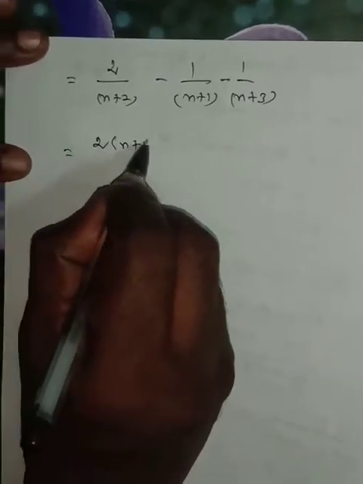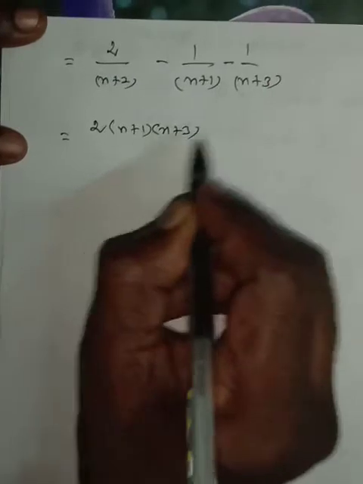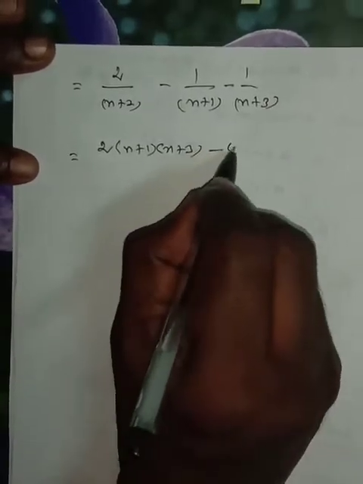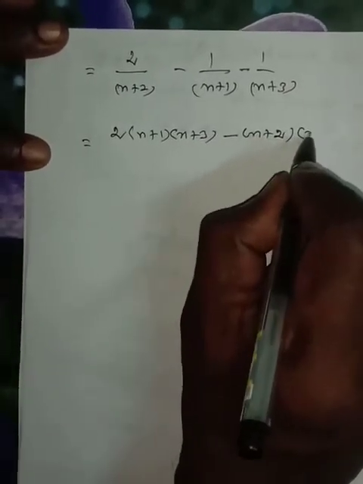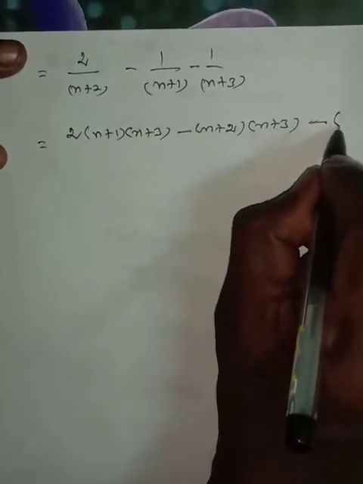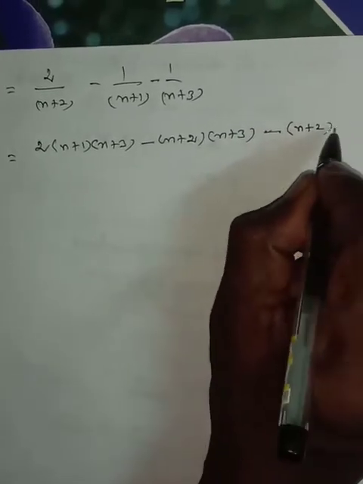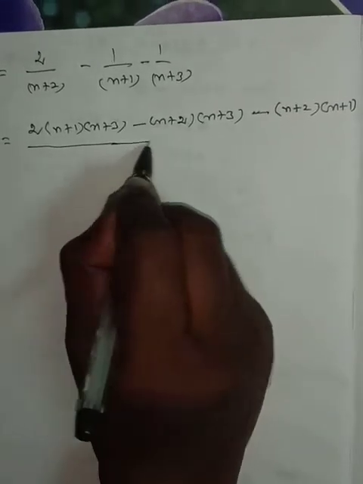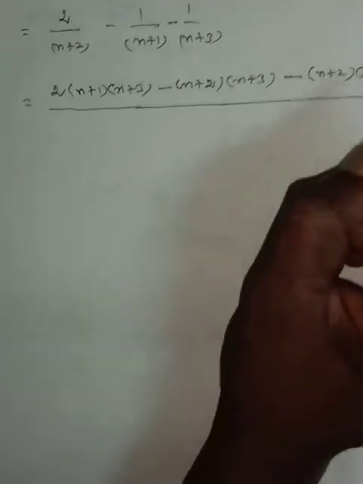Taking LCM, we have 2 into (x plus 1)(x plus 3) minus (x plus 2)(x plus 3) minus (x plus 2)(x plus 1), whole divided by